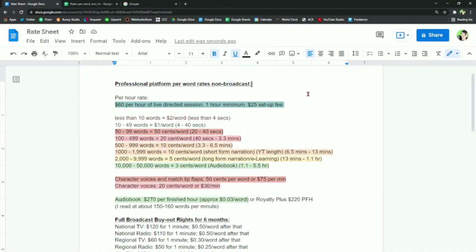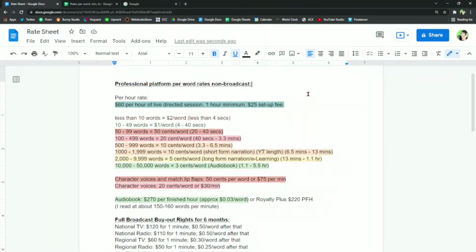Okay, here we go. Today's disclosure is about my rate sheet. I'm not afraid to let people know publicly that this is what I'm charging my clients, or at least this is where I'm starting. For professional platforms like Bunny Studio and Voquent, those sites have weeded out the voiceover talents that either can or can't be on their site. They only have the best talent on their sites. So for platforms like that, my professional platforms are going to be as follows.